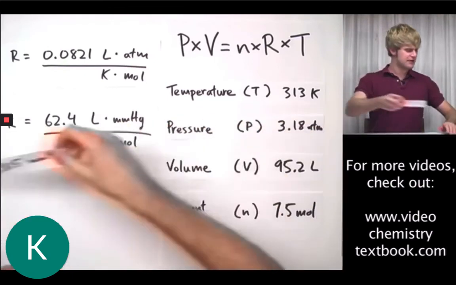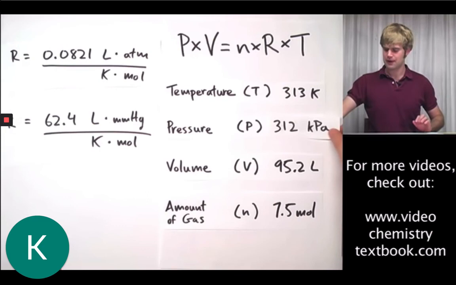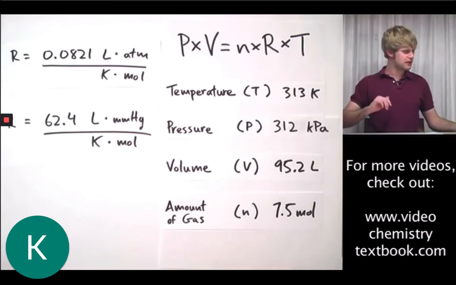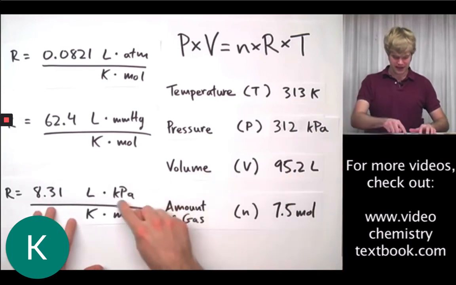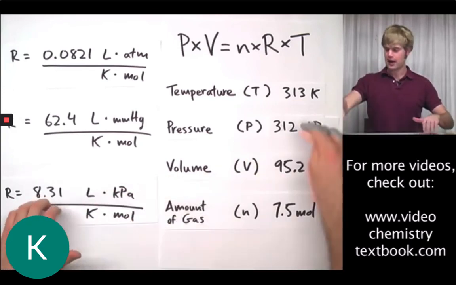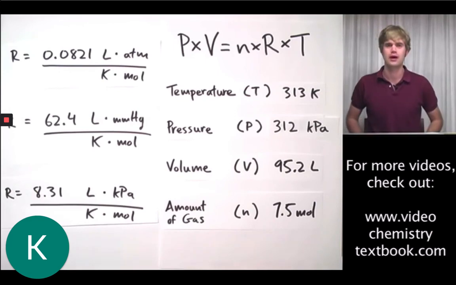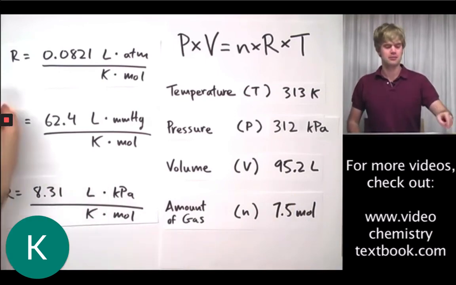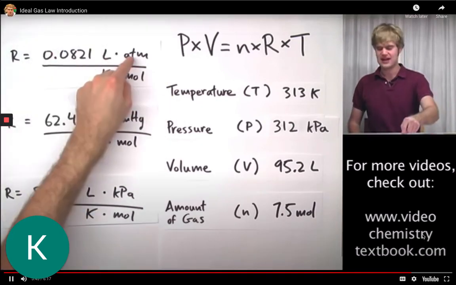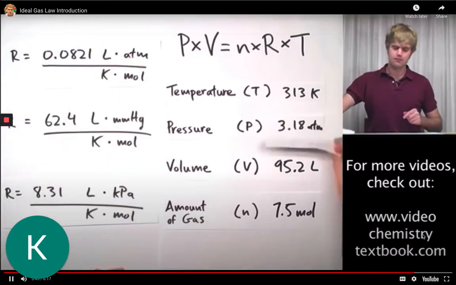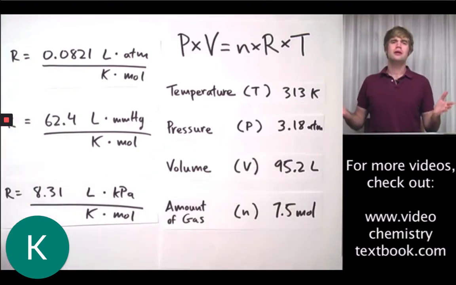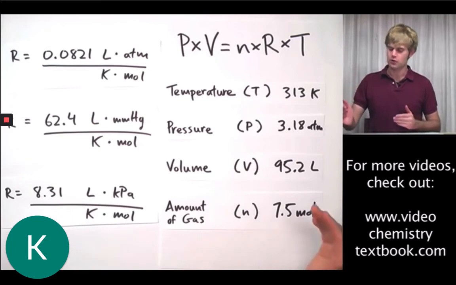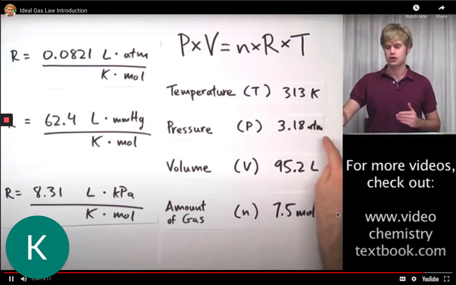Let's say that instead of millimeters of mercury, my pressure was given to me in kPa. I would then use this value of R so that the units match. I've got kPa here, and all the others are the same. So 8.31 for that. Now, as I keep saying, in most of the videos that I'm going to be doing, I'm going to be using this top R with atm. But you may be asked by your teacher to use a different R. It's no big deal. That's probably just because they're giving you problems that have different pressure units and they want